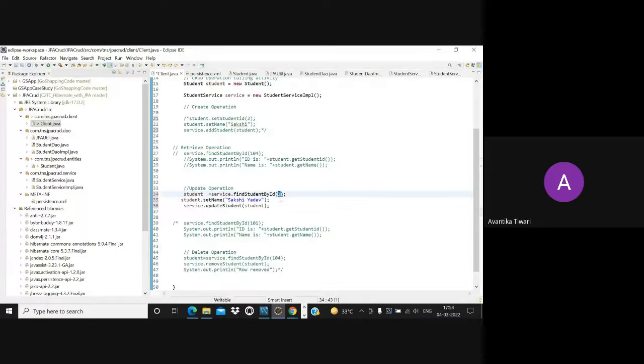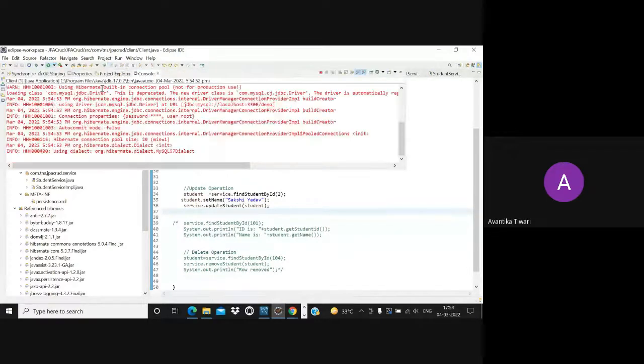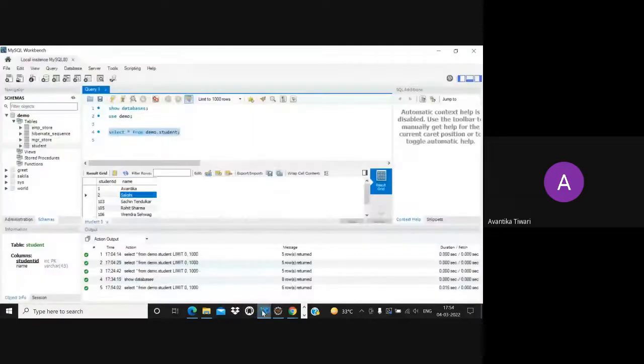And the student ID I am searching with the help of the primary key, and it is 2. So now again we will run the program. And if I go to my database and refresh it, Sakshi has been updated to Sakshi Yadav.